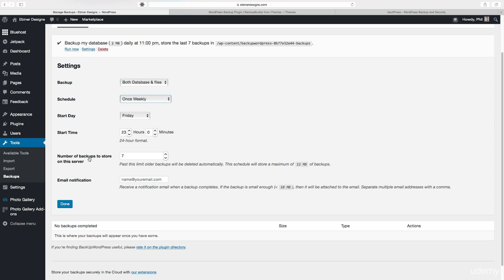So this backup plugin actually stores your backups to your own server. So this is wherever you're hosting your website. So for me, I'm hosting with Bluehost, so it's going to actually back up this WordPress in my Bluehost database. There are other plugins or a premium version of this plugin that will automatically back up your website to some cloud service such as Dropbox.